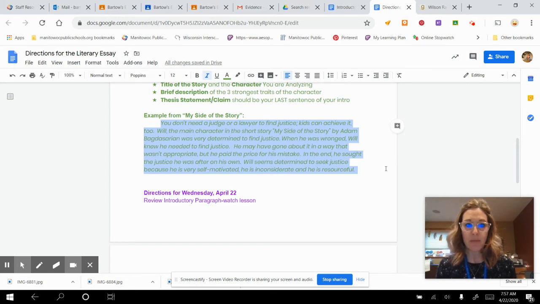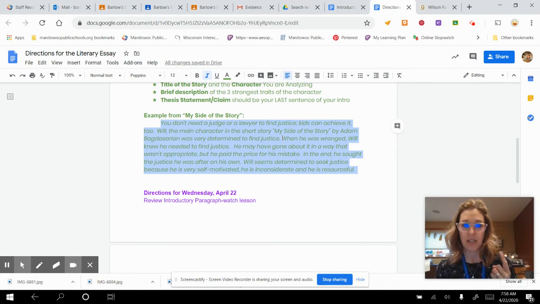And then I lead off with Will, the main character of the short story, My Side of the Story by Adam Bagdasarian, was very determined to find justice. That's the biggest thing that he was doing in the story.